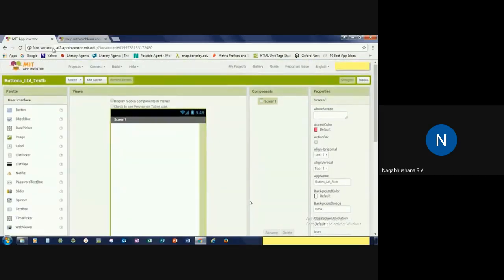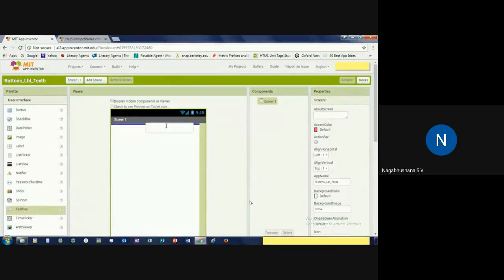All you need to do is go to MIT App Inventor, type that in. You'll come to the Google screen and you can just click the first link there, and that'll get you to a page, and then just sign up and that'll get you to this page. So basically, what I'm going to do is have a form with two text boxes, a button, and a label.